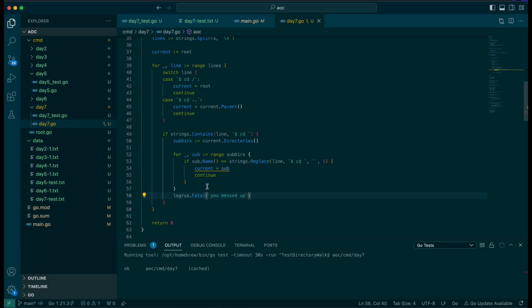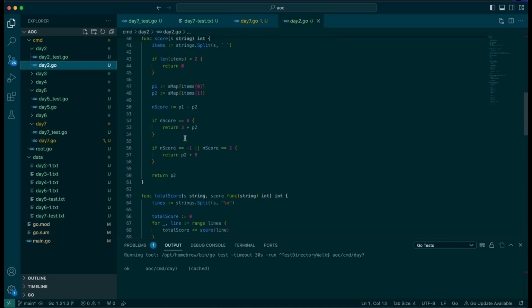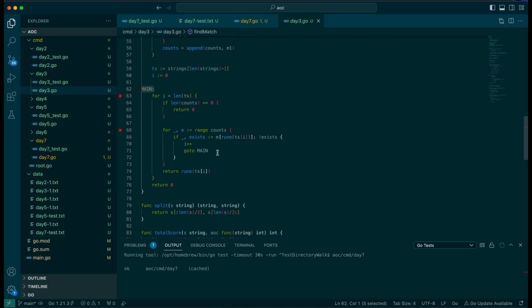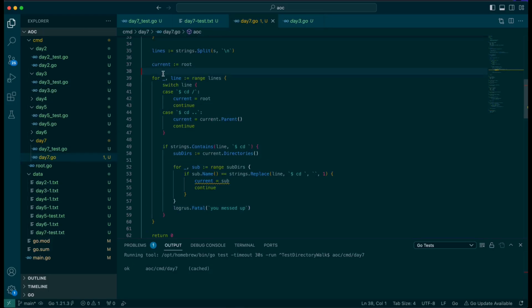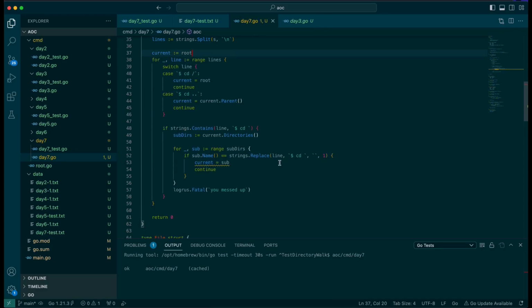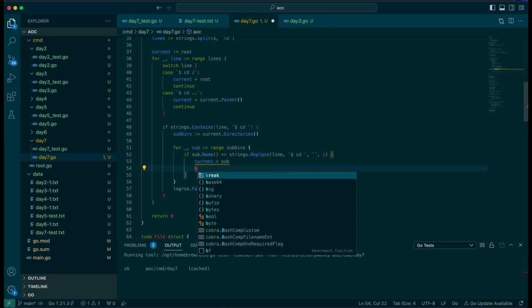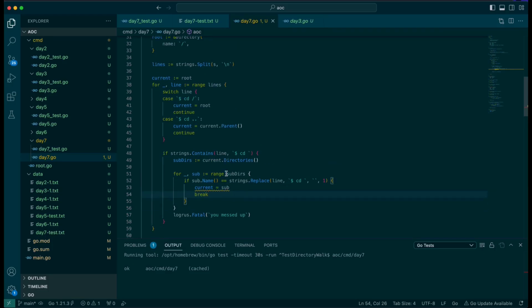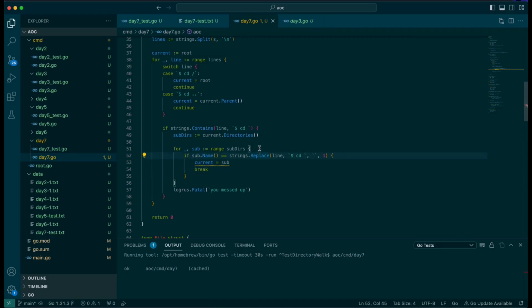So we reset this, but we don't want to just continue up one. We did this label thing, right? Where do we do that? Was it day 3? Yeah. Go to main. Yeah, that's what we want to do. But if I do that, then I have to actually change the variable. So I want to break out of this loop. I don't want to continue this loop. I just want to break, some done. Problem is,